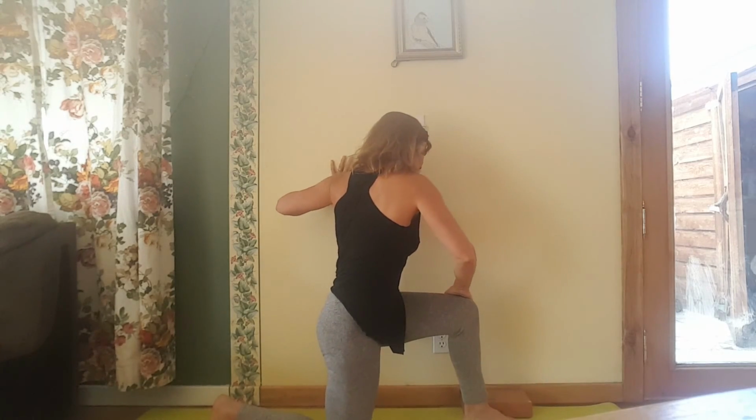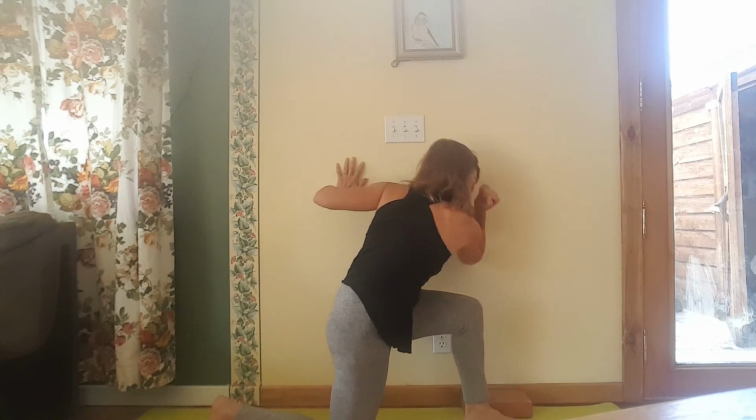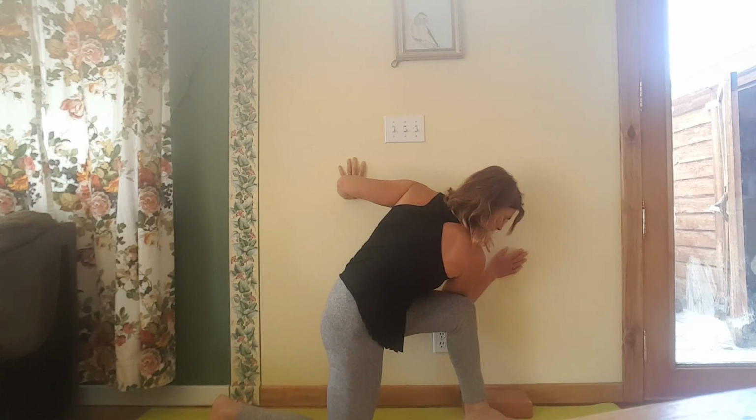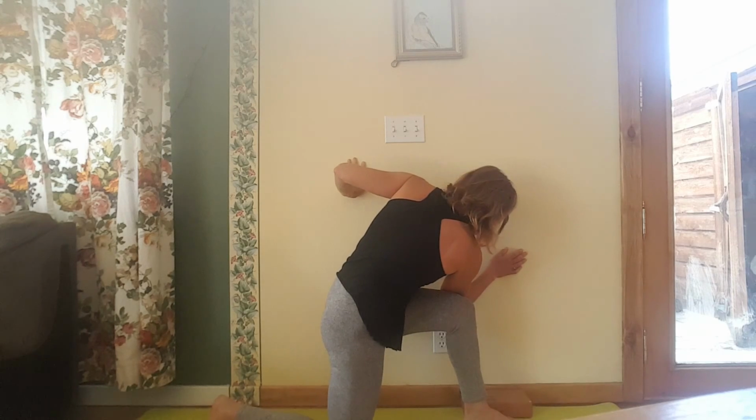So I'm going to twist, twist, twist as much as I can. Now I'm going to put the right elbow to the outside of the left knee. Suck the